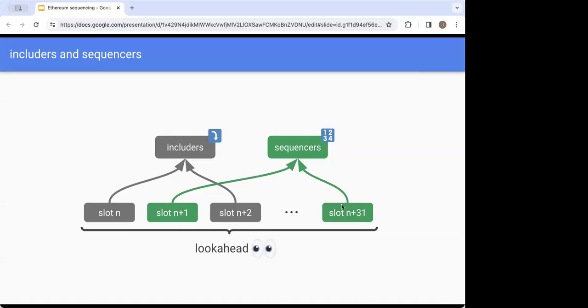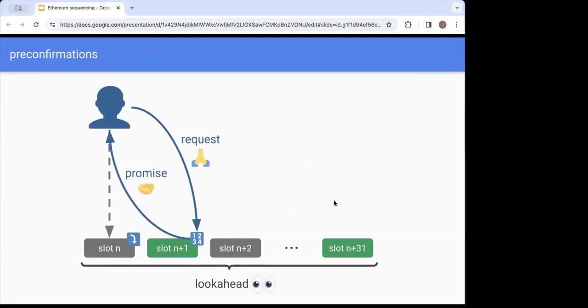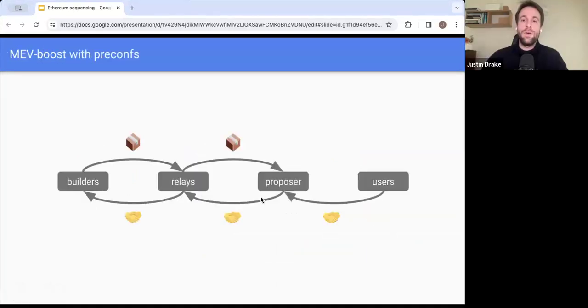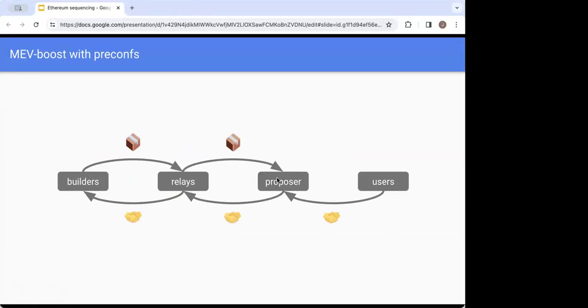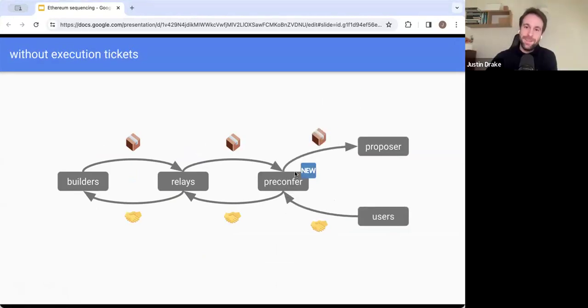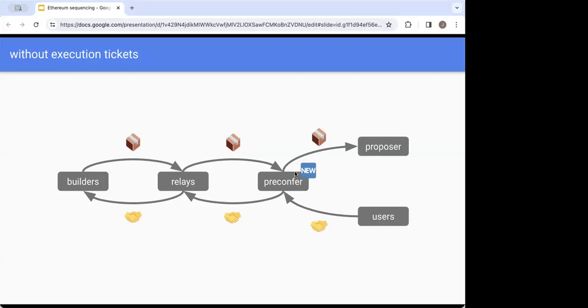But then a few slides later, when you show the relationship between a proposer and a preconfer, maybe one more slide, when you show that there's a proposer and a preconfer. Oh, I see. You're right. This label here should say preconfer or sequencer. Yeah, so there's one more slide, maybe go one more. This, yes. So explain what this arrow means. This is confusing.